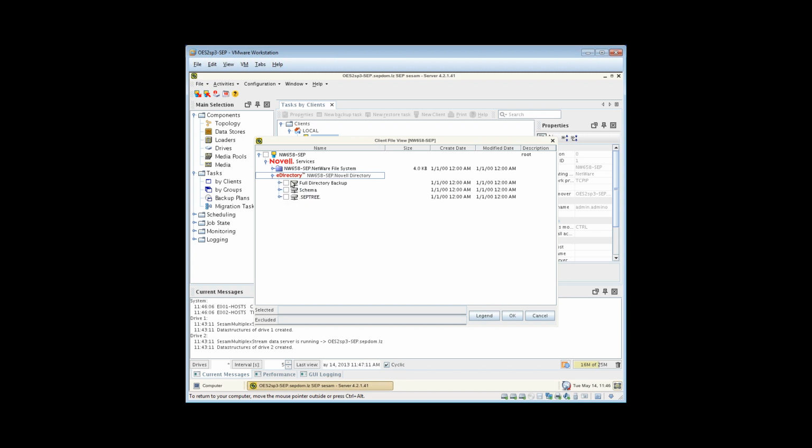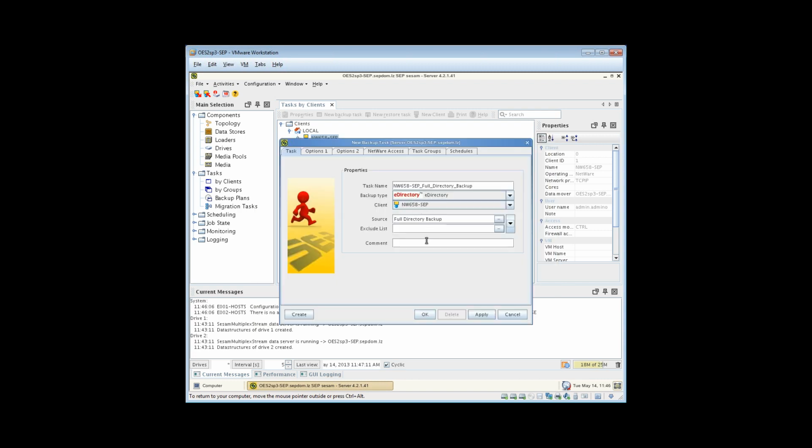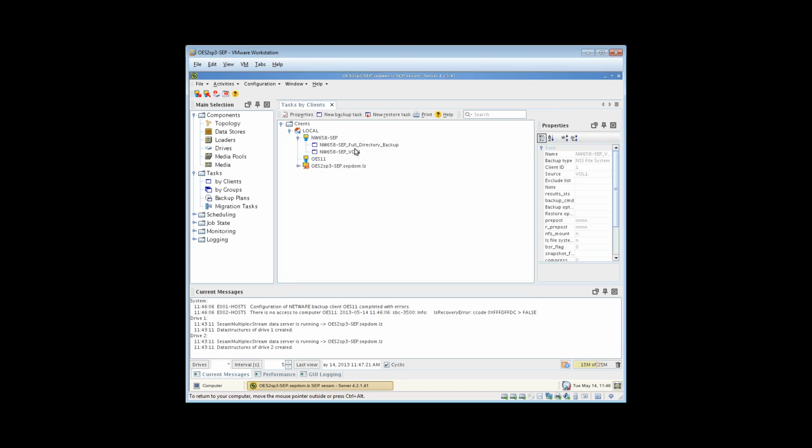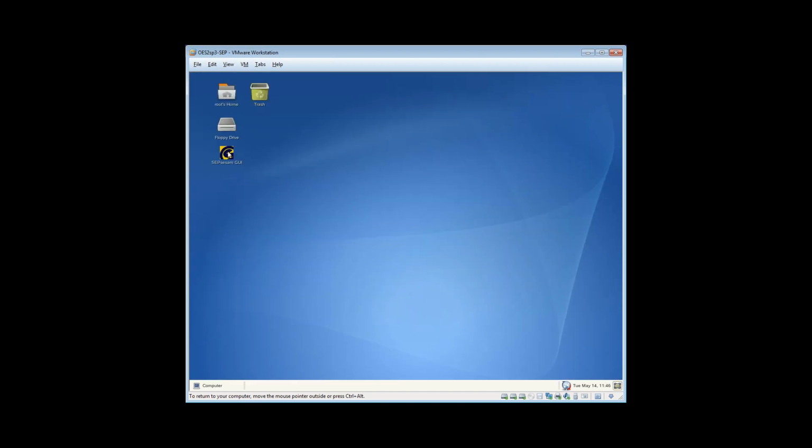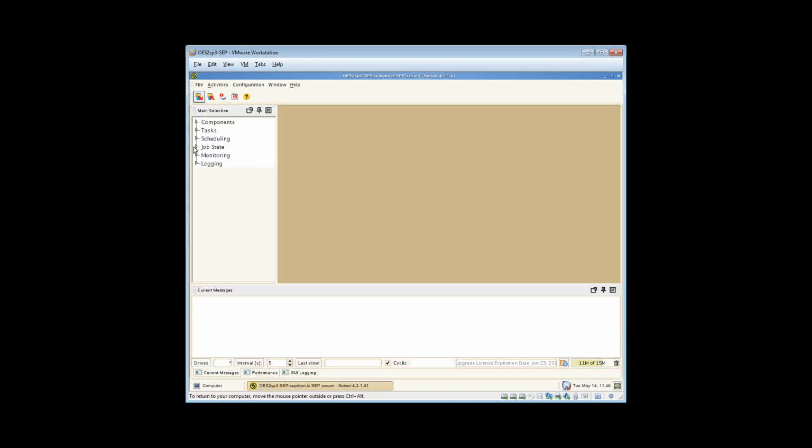So we can see and do a full backup of the tree, so like that. And you notice it auto-populates all of our information. I didn't have to fill out anything else. I just went ahead and selected what I want to back up, click OK, and create that backup task. So I'm going to go ahead and just restart, make sure we're seeing everything in the GUI, and go down